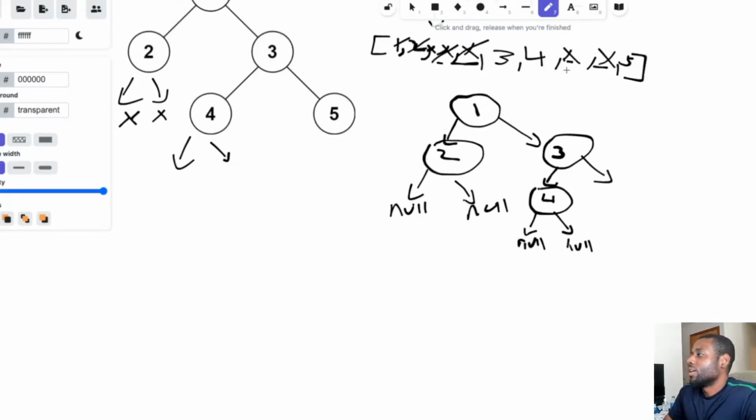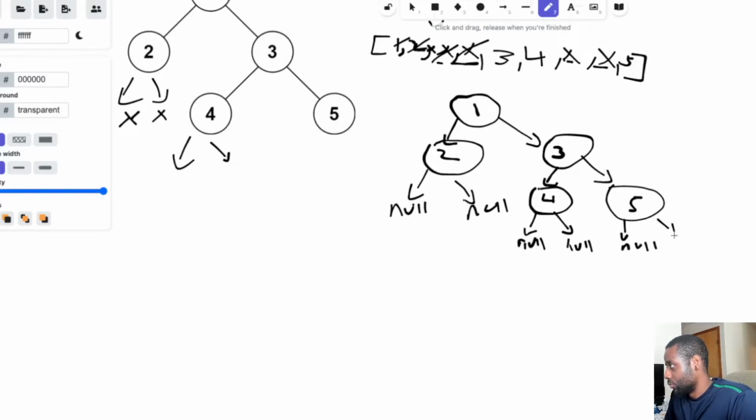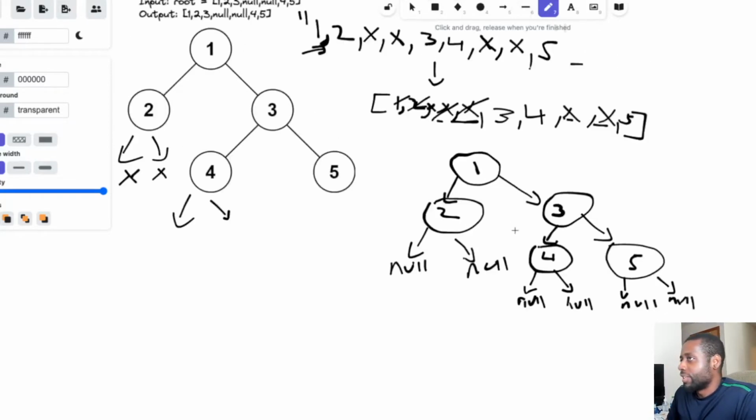This is how the recursive thing's gonna work. There's nothing to process, so it goes back up and goes to the right side. We know how to do recursive functions here. And just like that, guys, we're done. Obviously those are null. And just like that, we have the exact tree data right there, guys.